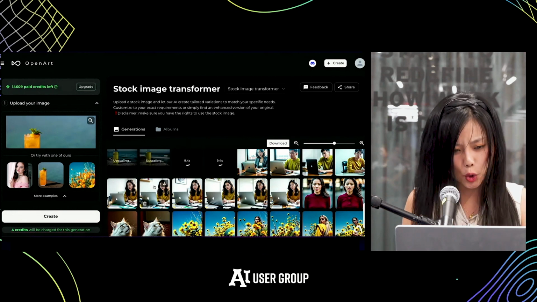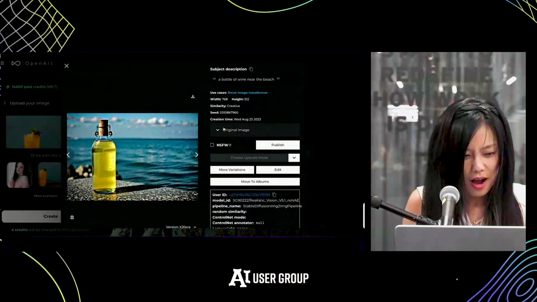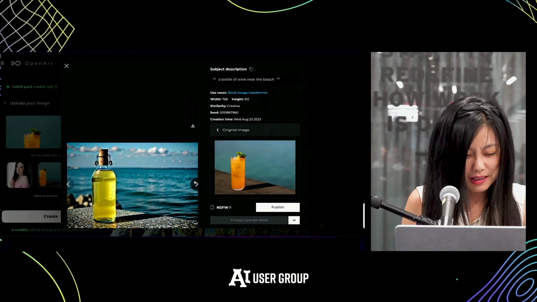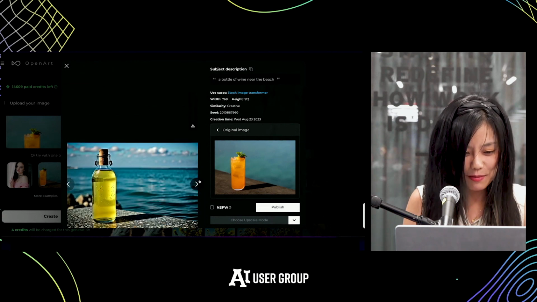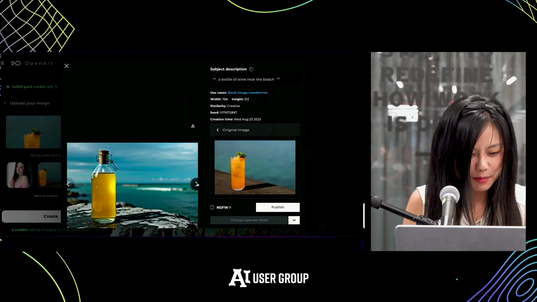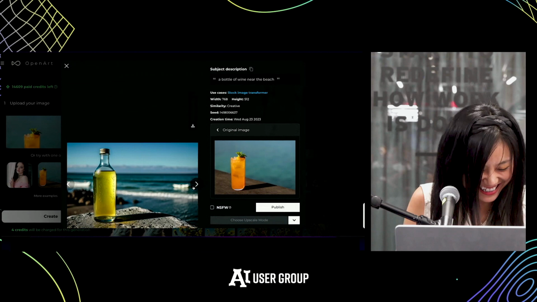Oftentimes, I've found that the quality of these images looks better than the original image. So some people could use it as an image enhancer. I'm not exactly sure why. It looks like some juice or urine in this case.